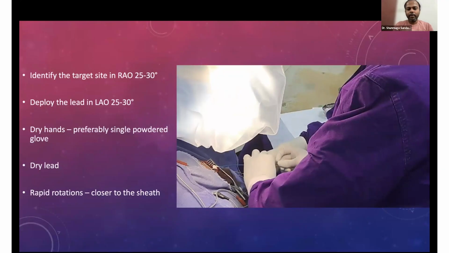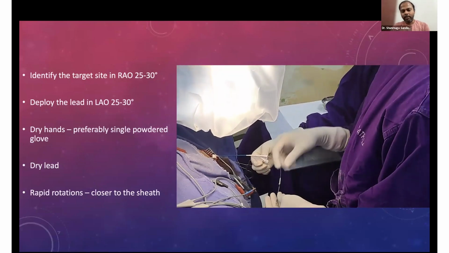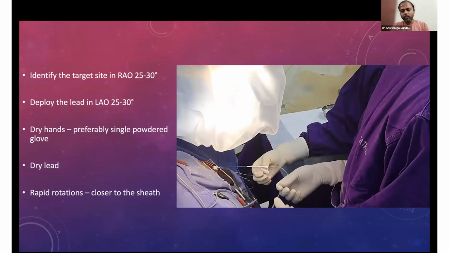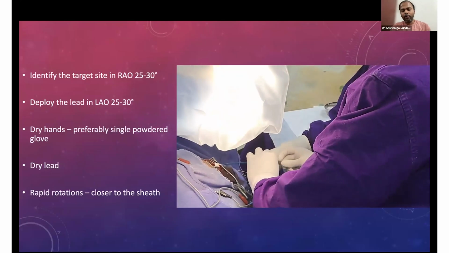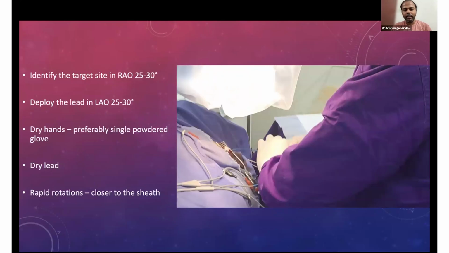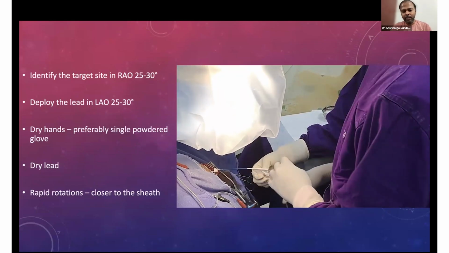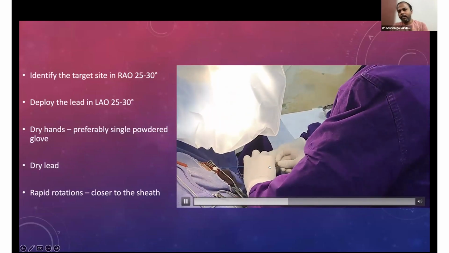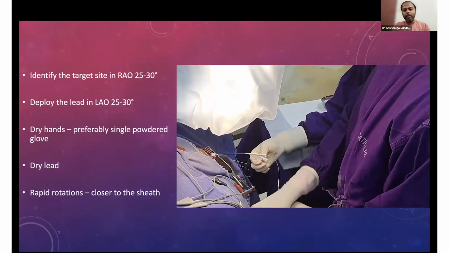And dry hands are very important. In fact, I would probably give 50% score for procedural success to a dry hand, because that will give enough grip over the lead. I'll start with 2 powdered gloves. Just before deploying the lead, I'll remove my outer powdered glove so that I'll be wearing a fresh powdered glove in my hand at the time of deployment. This is very important, and your sheath also should be completely free of blood. Otherwise, any back leak from the sheath will make the whole area messy